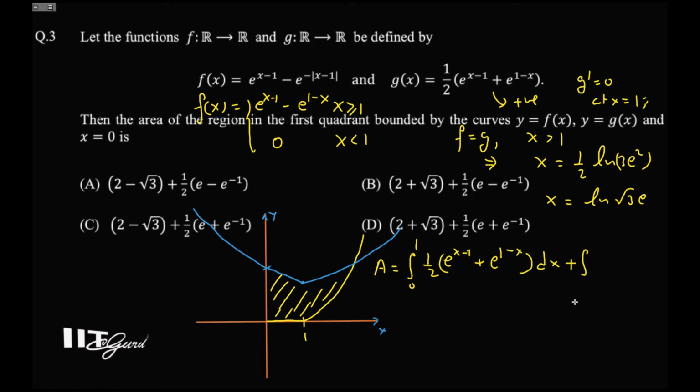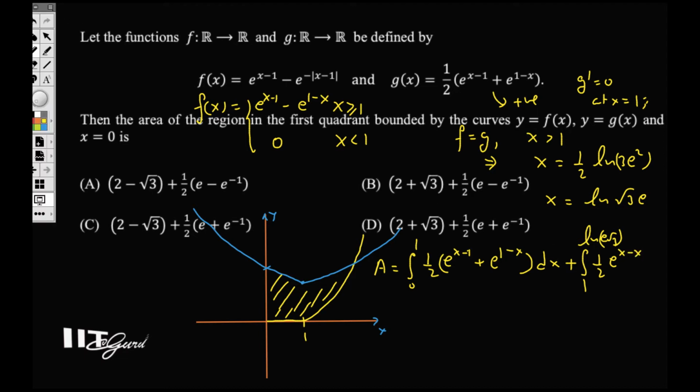So from here, to integrate this, ln(e root 3), that is e into root 3, which you can also say is root 3e. So ln(e root 3) is half of e to the power x minus, that is gx minus fx. So e to the power x minus 1,